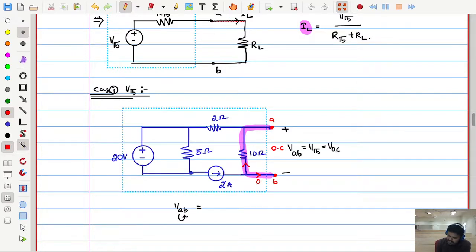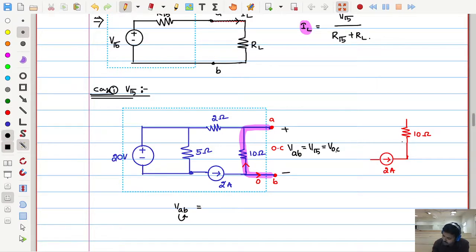It is very clear and straight away that series connected branches have the same current. Let me put here a 10 ohm resistor, and on the other side one branch is connected whose nature is current. How much is that current? 2 amperes. Now observe, as this 10 ohms is in series with this branch, the 10 ohm resistor's current is also equal to this branch's current. How much is that? 2 amperes.